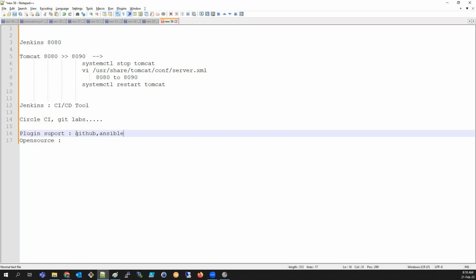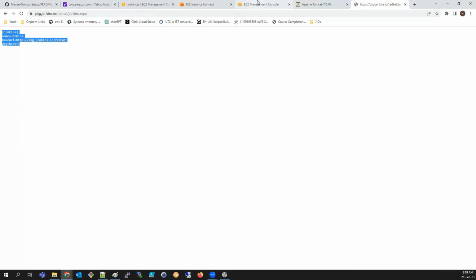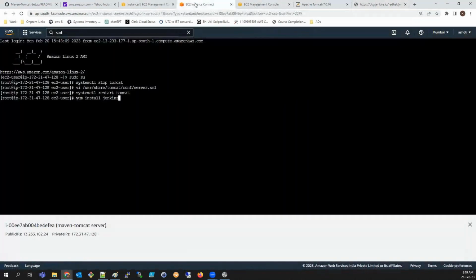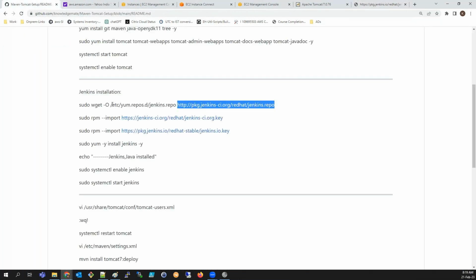You can integrate with GitHub, Ansible, Terraform, or Maven. The plugin support is there. These plugins we can install at the time of installing Jenkins, and after that, in the middle also, you can install them. So what you have to do for that is add this repo in your system. You're downloading that file and providing the file name. You're creating this file in your system, jenkins.repo, with the same text. So whenever you provide this command,